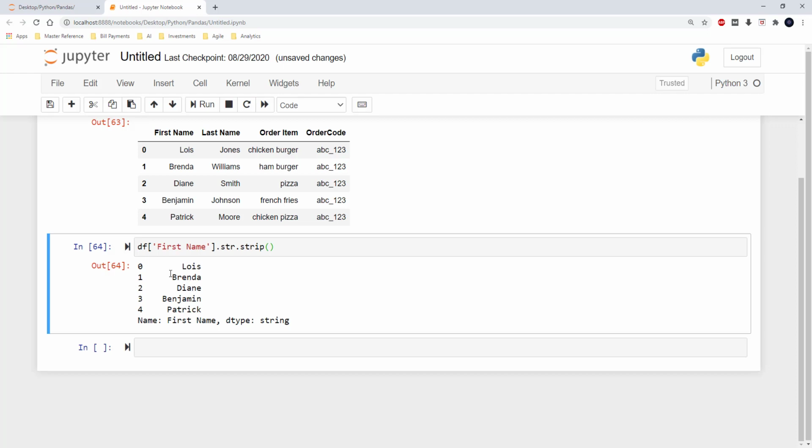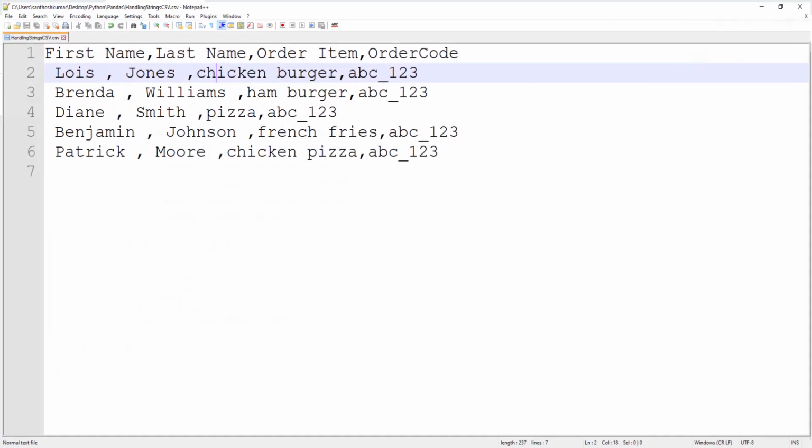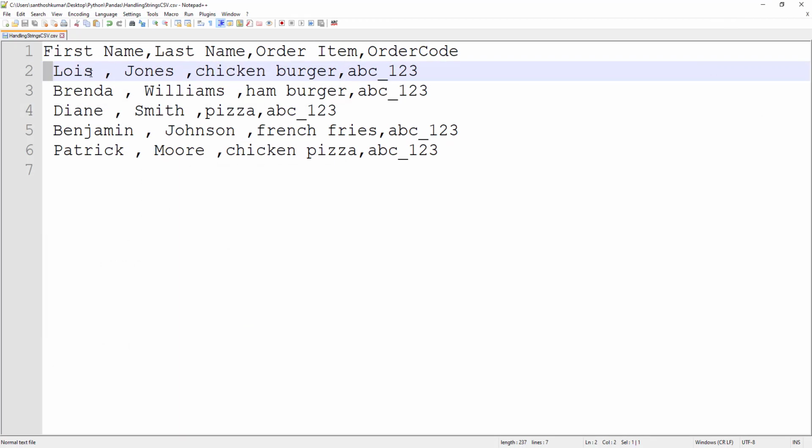In this output, you may not be able to visualize that the space is not coming up, but the strip method has cut off both the leading spaces and the trailing spaces that we saw in the actual file. The strip method has removed the spaces before the actual value and after the actual values.